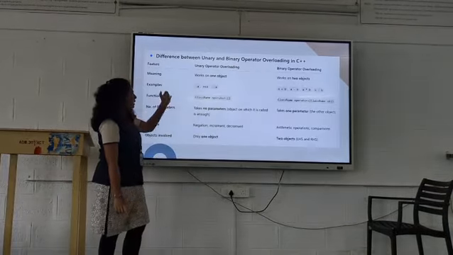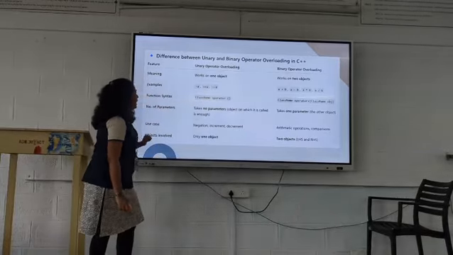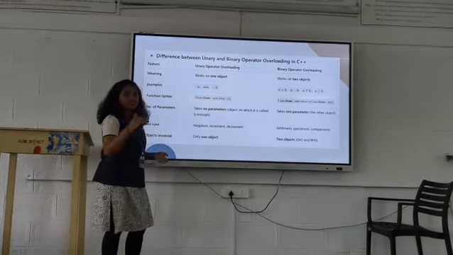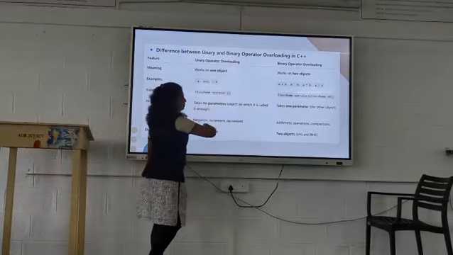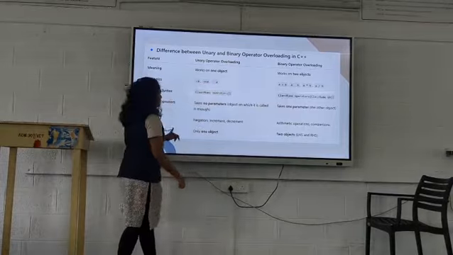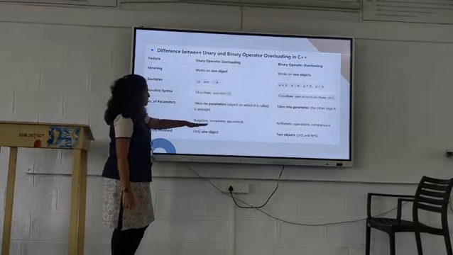So the key difference between unary and binary is one object versus two objects. And here, similarly we will implement decrement, and the functions for addition, multiplication, all that. As syntax, we will not pass anything inside the parameter for unary, but for binary we will be giving the class name and the object. And here it takes no parameter, and there one parameter. And use cases as I already